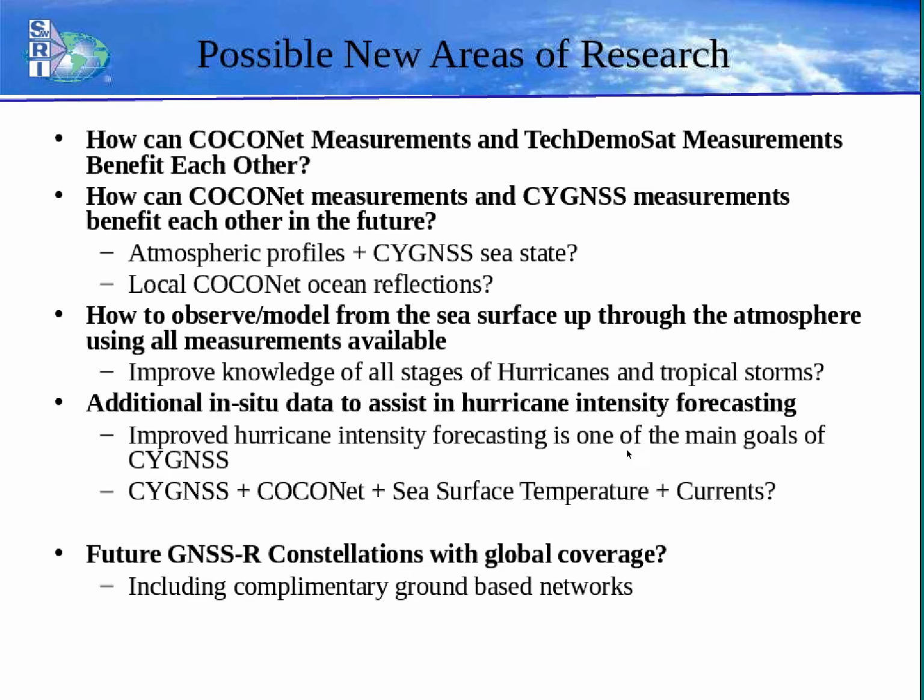Once you start getting enough measurements up there, and the measurements are looking at very close to the same spot at very close to the same time, the big question is how close is good enough, and how close temporally is good enough? If you get a Cygnus measurement and then you get a Cosmic measurement 3 hours later, is that still good enough? And what if they're not co-located exactly? What if they're off by a couple hundred kilometers? Is that still useful? I'm still thinking it's yes, but these constellations are getting so complicated and the measurements are getting so diverse, I think looking into that is a really good thing to do